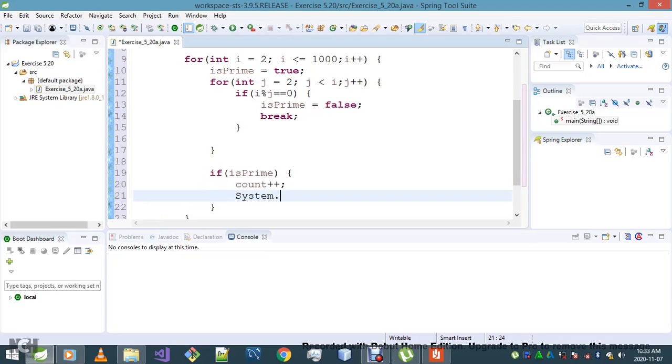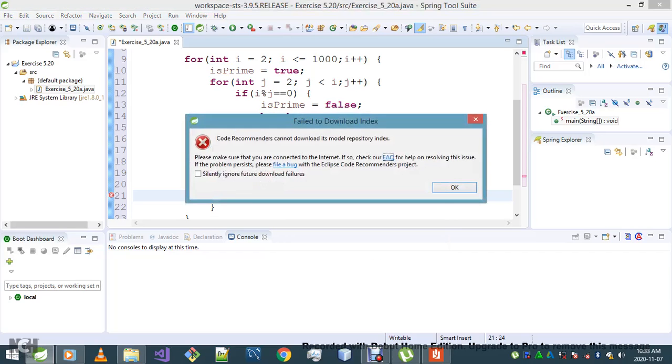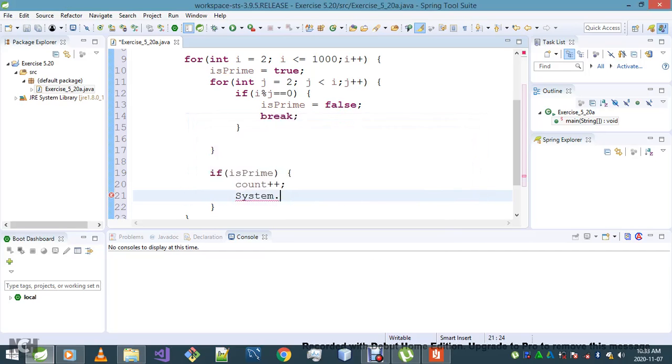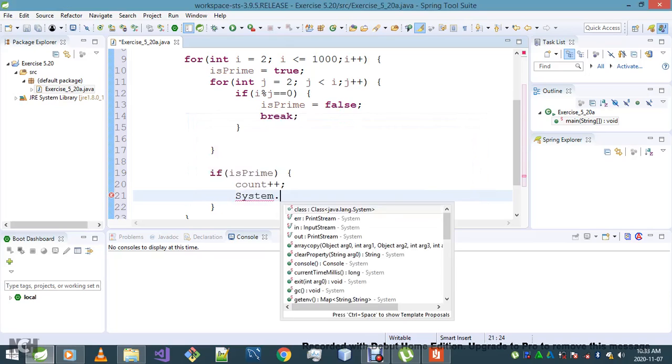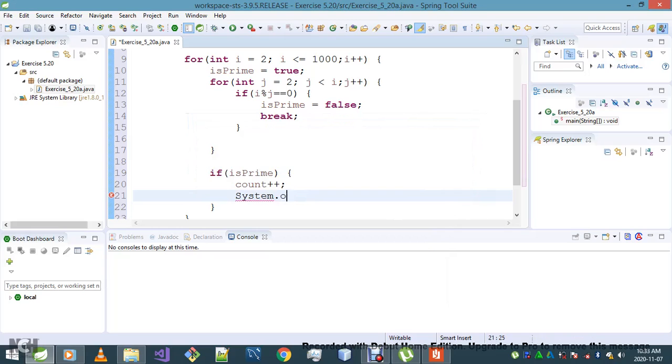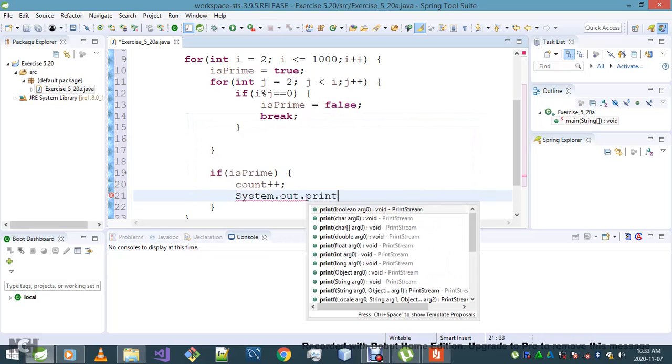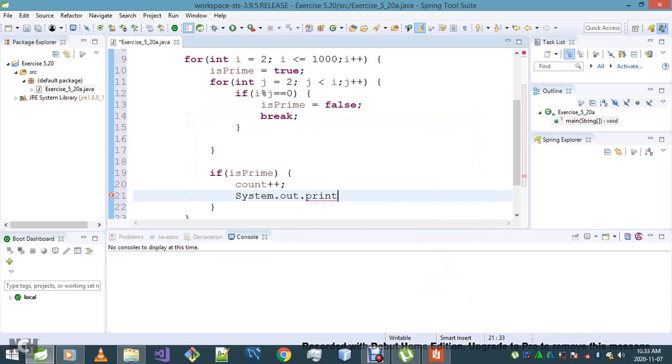Okay, so far, so it's gonna be System.out. Oh, there we go again with this machine. Can be slow sometimes. Okay, so it's gonna be System.out.print. I want to print i,